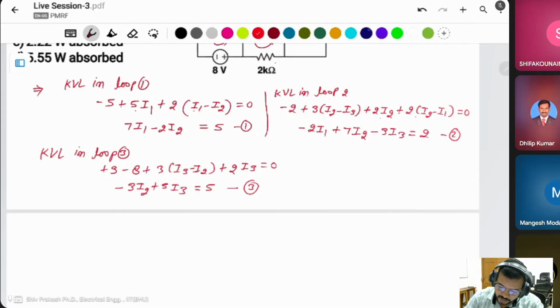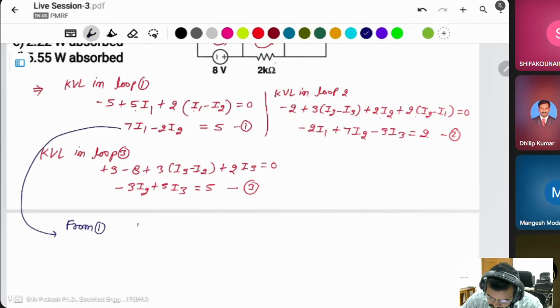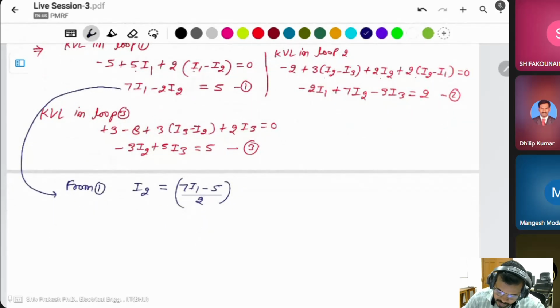Okay. Let's start from 1. What is the I2? It will be 7 I1 minus 5 divided by 2. From this one,